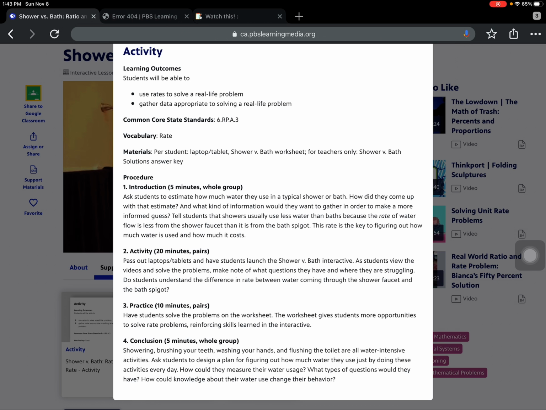The introduction, just talking about shower versus bath, is something that each student can relate to. The activity is where the students are using their discourse skills to communicate back and forth about what is best needed. The practice is taking the information that they gathered from that video, which Dan Meyer provides quite nicely in a timer versus gallons. And then we can take this a little further and even differentiate it with a given gallons